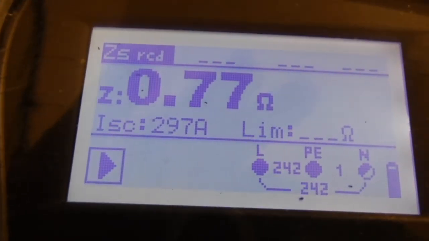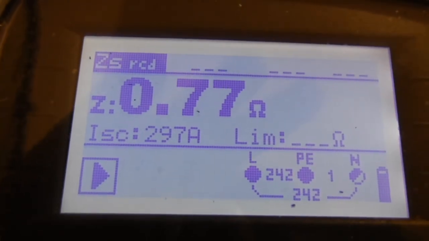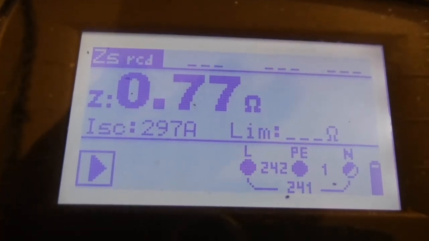So the remaining ZS's I'm going to calculate for safety reasons, and there's no point putting myself at risk